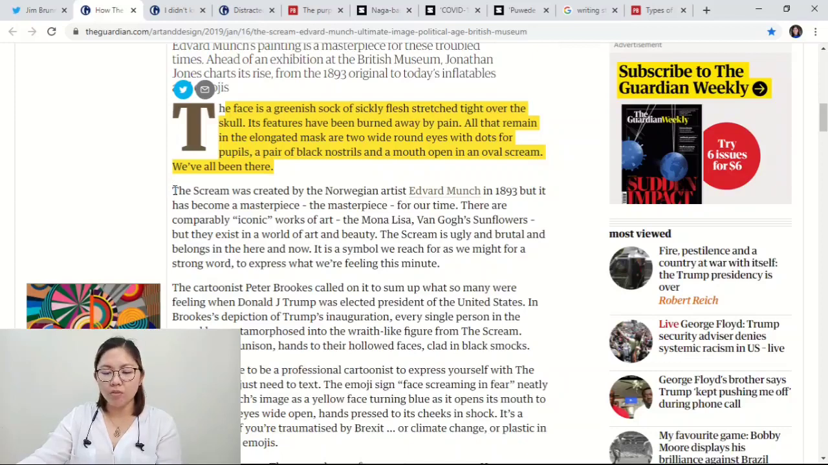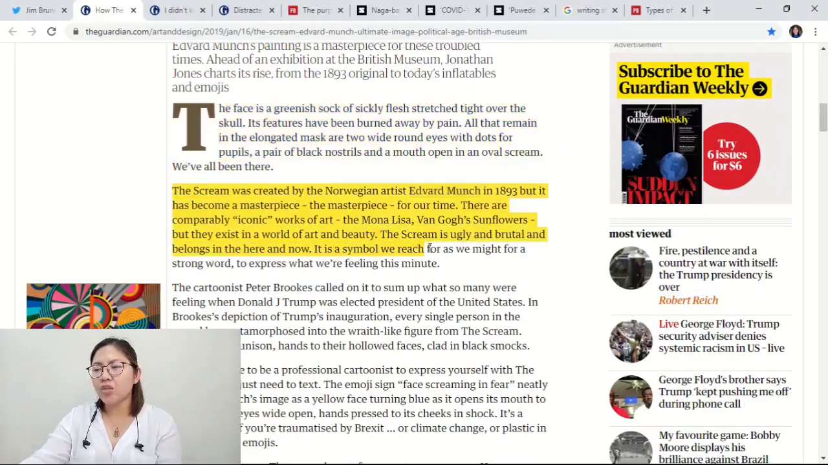And then he went on with a graph by saying, "The Scream was created by the Norwegian artist Edvard Munch in 1893, but it has become a masterpiece, the masterpiece for our time. There are comparably iconic works of art, the Mona Lisa, Van Gogh's flowers, but they exist in a world of art and beauty. The Scream is ugly and brutal and belongs in the here and now. It is a simple icon we reach for as we might for a strong word to express what we're feeling this